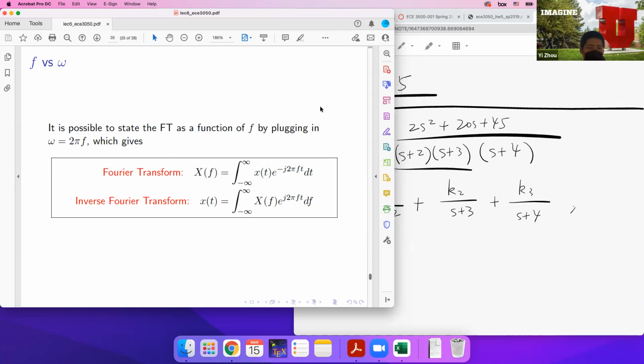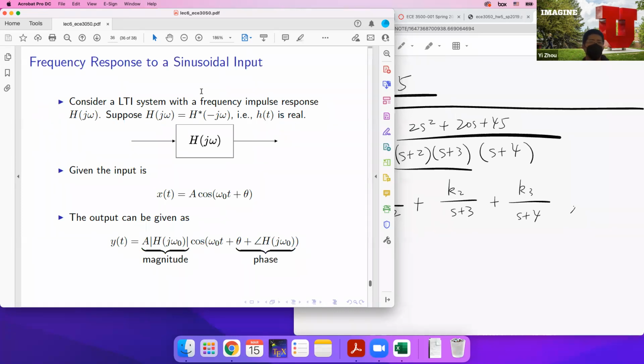So we can skip this part. This basically says we can rewrite the Fourier transform by replacing the angular frequency with the frequency 2 pi f. Okay. So there are some special cases of the Fourier transform. For example, here we can consider a frequency response to a very simple input, sinusoidal